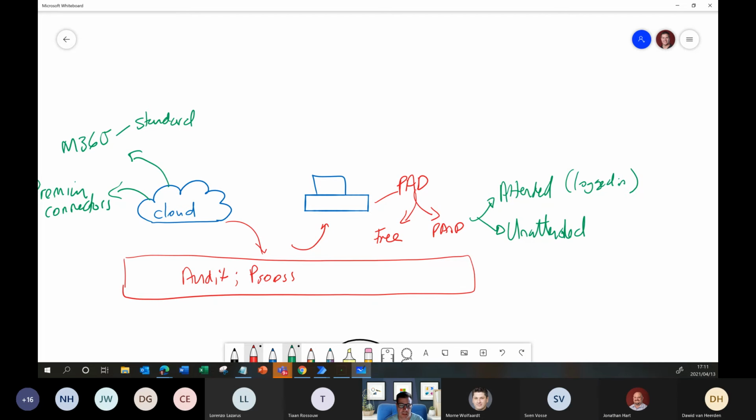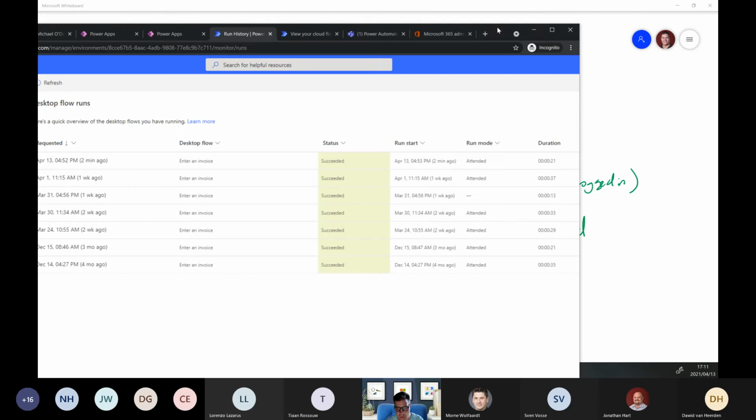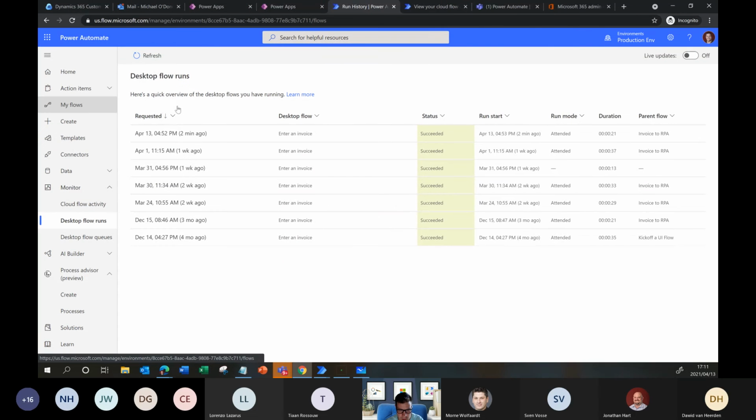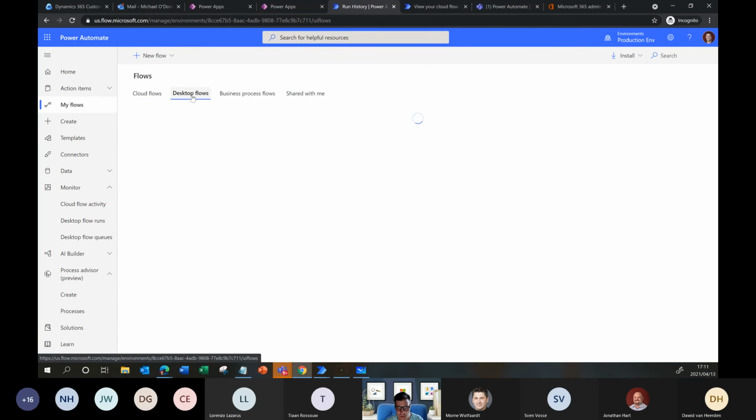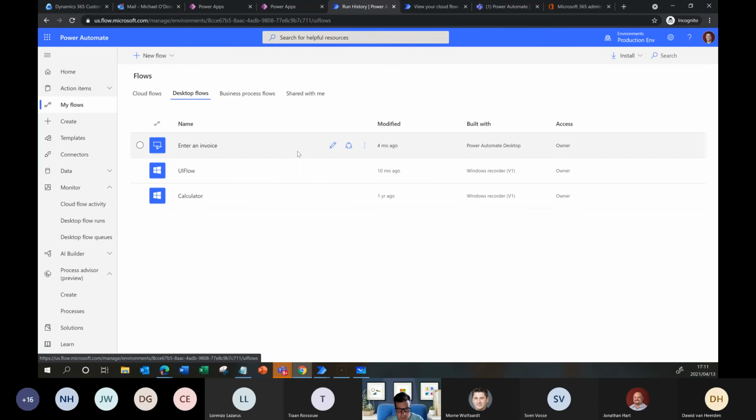And so when you start creating desktop flows, I'll just bring this down here. When I go to my flows, you'll see I've got desktop flows. Here's enter an invoice. You'll see I can share it. Awesome. But if you physically want to move it around, then you put this into a solution. You know, solutions down here, left-hand side. In summary, it's kind of like a zip file, and then you can literally extract it and give it to someone else and deploy it into another environment.